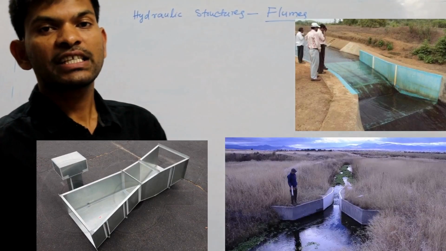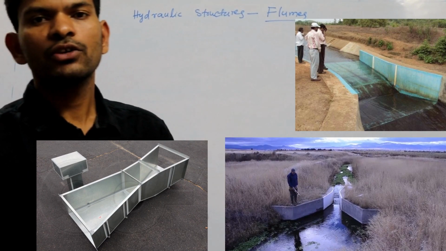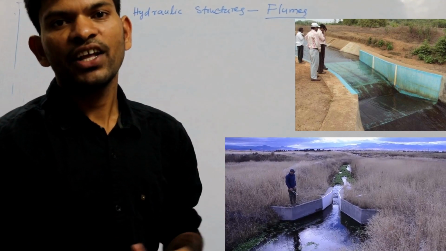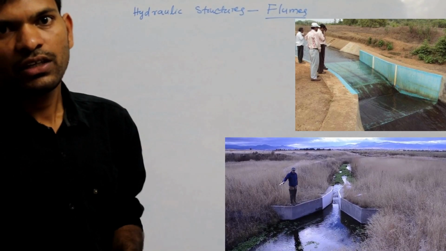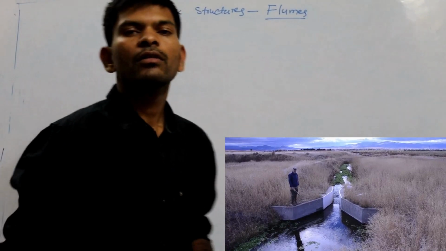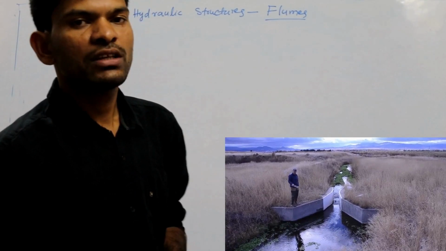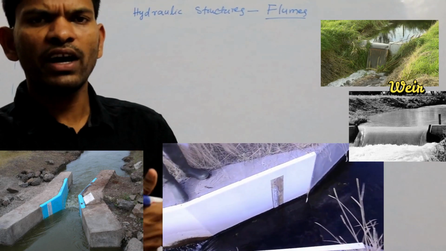Hello friends, today we'll discuss flumes. A flume is a man-made structure which is used for the measurement of flow of water in an open channel. Flumes are static in nature and do not have any parts in motion. It is similar to the weir, where a large amount of water can be stored